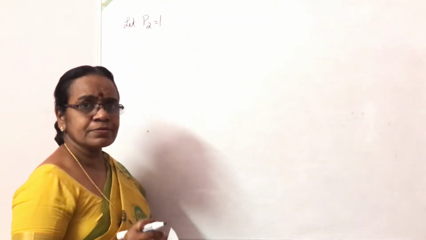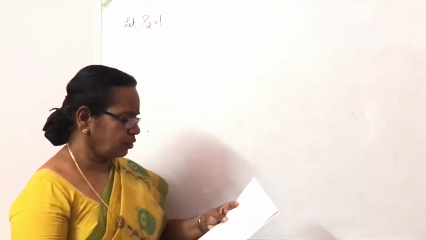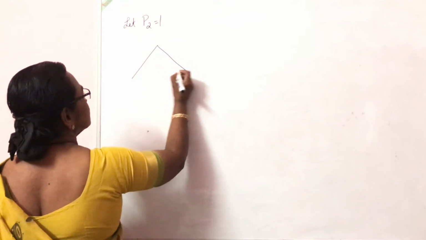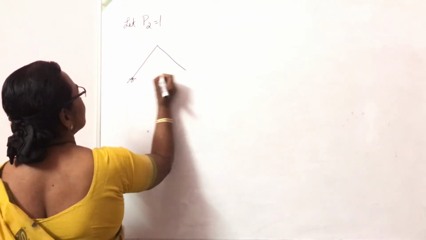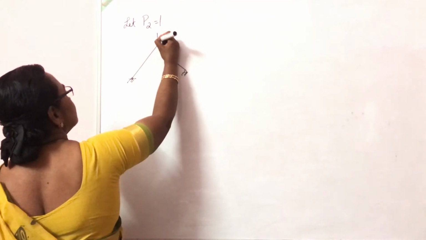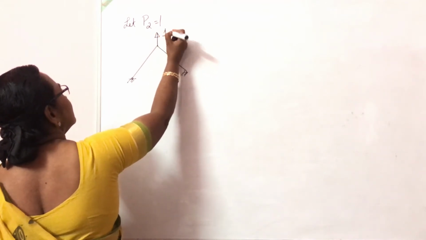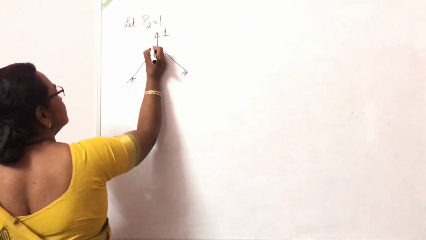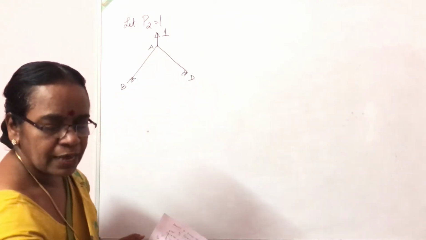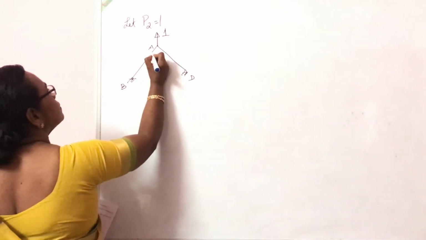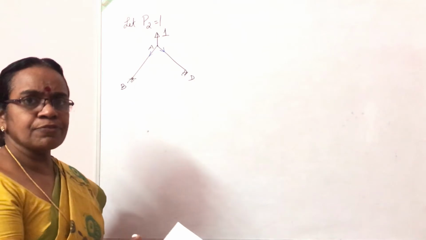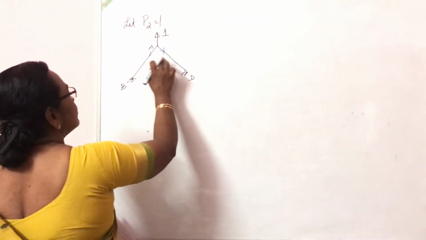So the next step is we apply unit load P2 is equal to 1. So in the determinate structure or in the primary structure, you apply P2. P2 is vertically upward. We apply unit load in this direction, A, B, D. We will assume both these members are tension members. Mark the arrows away from the joint. Evaluate the forces in members.